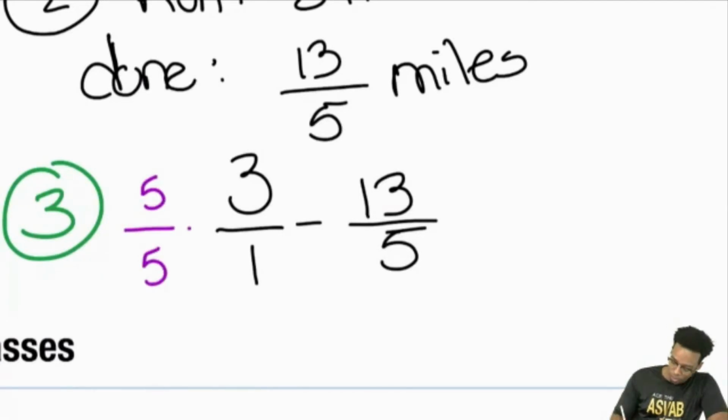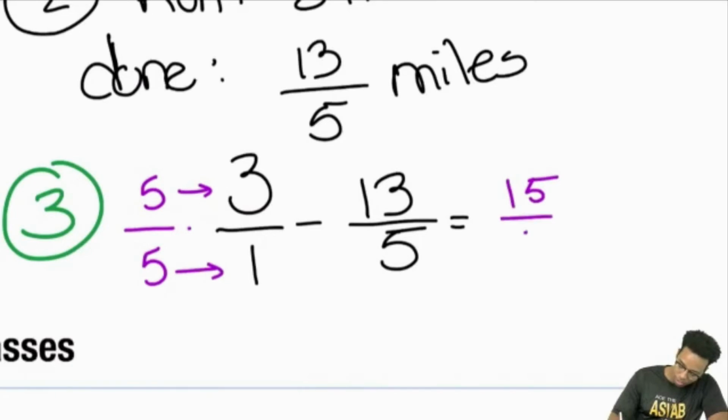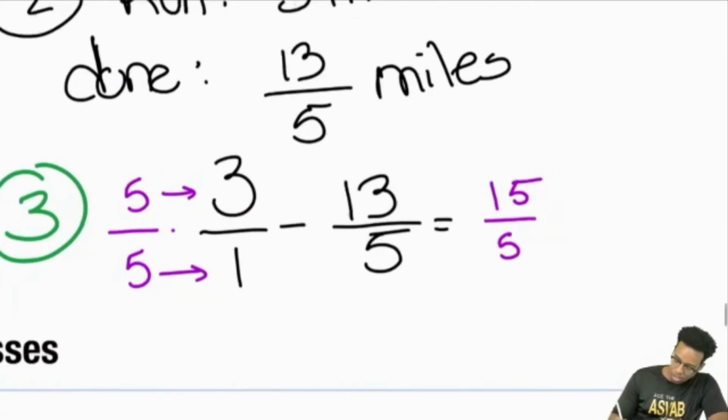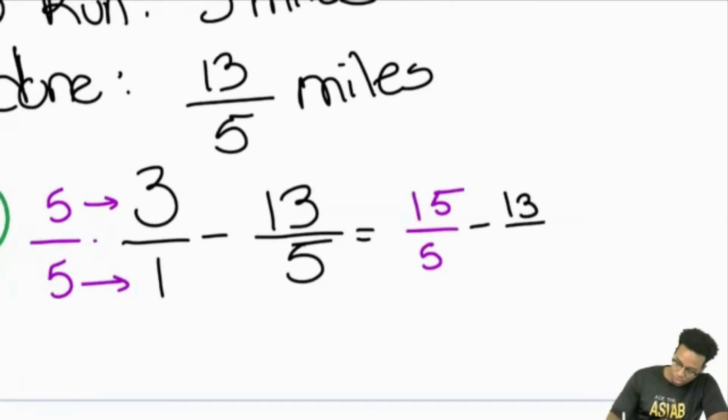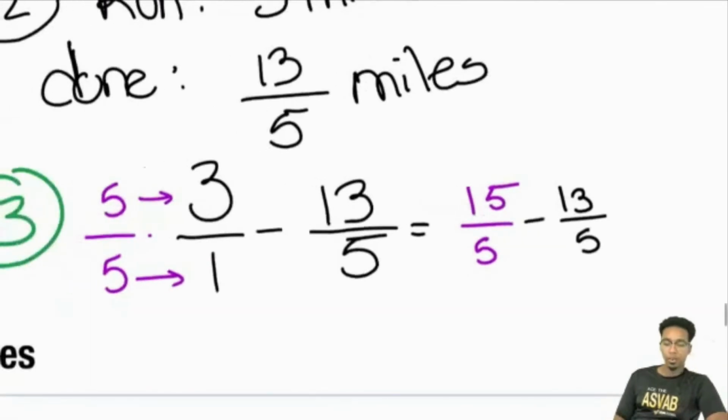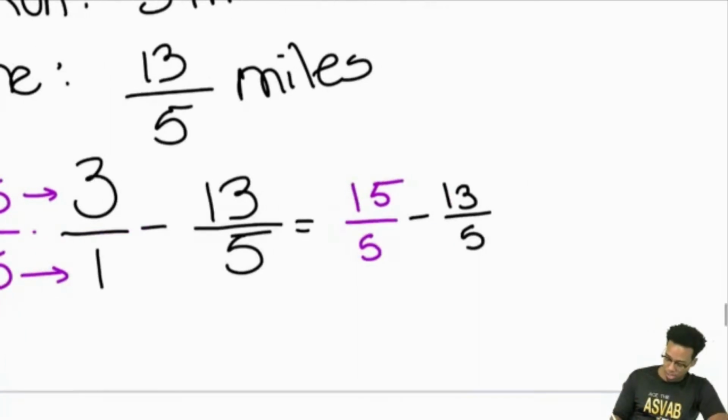And so what that'll give us over here, 5 times 3, that gives us 15. 5 times 1, that gives us 5. And so we'll go ahead and subtract the 13/5. All I did was, again, multiply the numerator and denominator by 5 right there. So up next, now we subtract 15 minus 13. Everybody, 15 minus 13 gives us